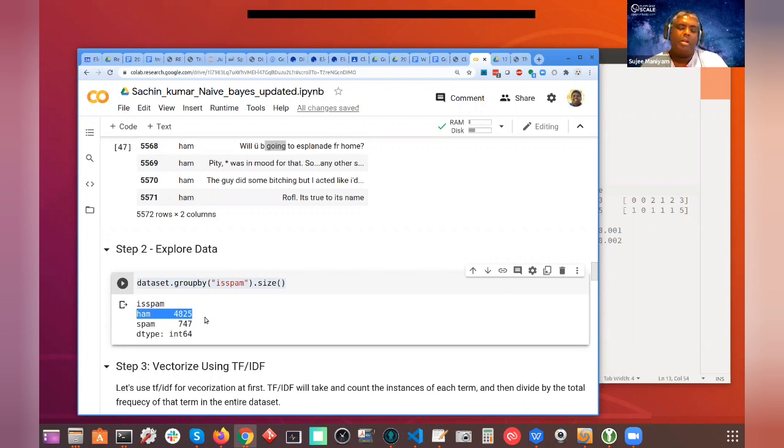So what you can do maybe is show balanced data. Since we have a lot of ham data, you can throw away some ham data and make them balanced. So maybe your test case will have 50% ham and 50% spam. That's called sampling. You can sample less ham data and make sure the sampling is equal size. There are a lot of techniques you can try out and see how the algorithm behaves. But now here's what's going to happen.